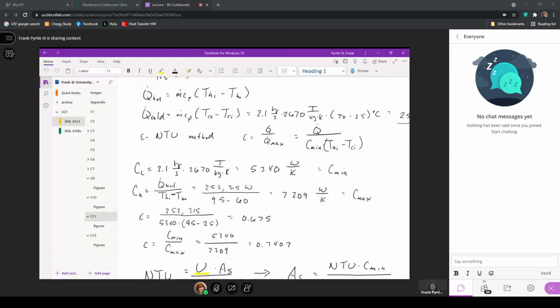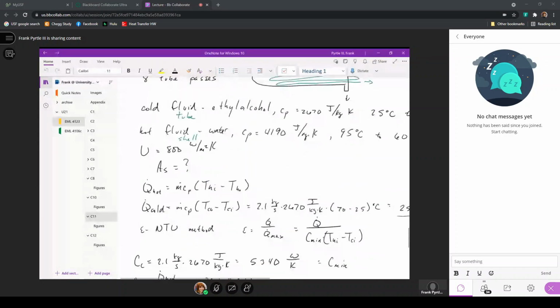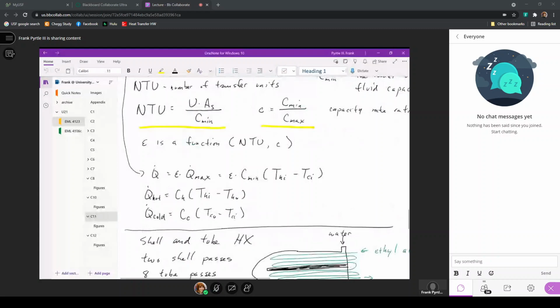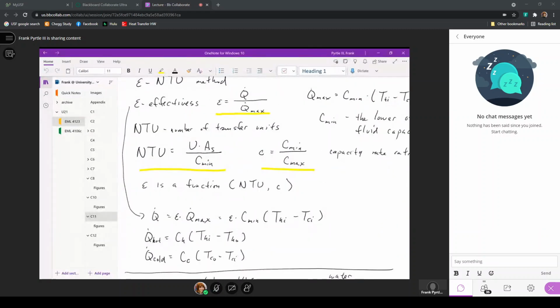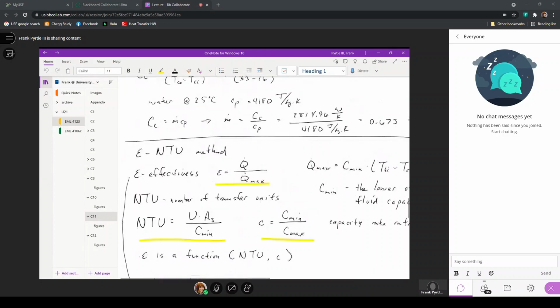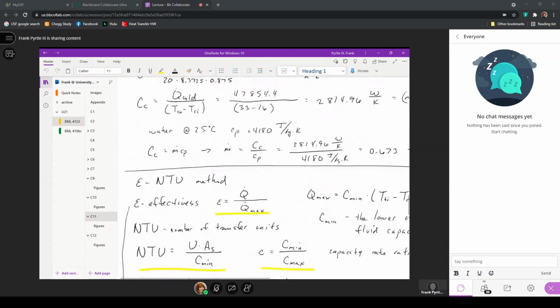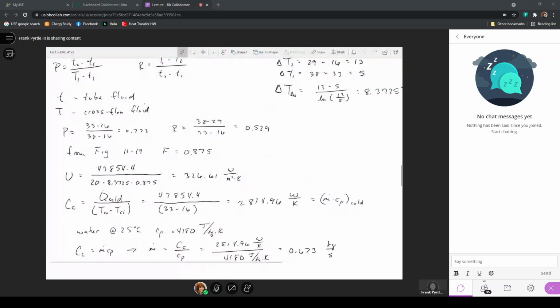So there was a problem. Well, let's see, I'm going to express the effectiveness NTU method. It's just another method by which we can analyze a heat exchanger that is different from the log mean temperature difference method. And actually, so I can contrast those two, we solved the problem with the log mean temperature difference